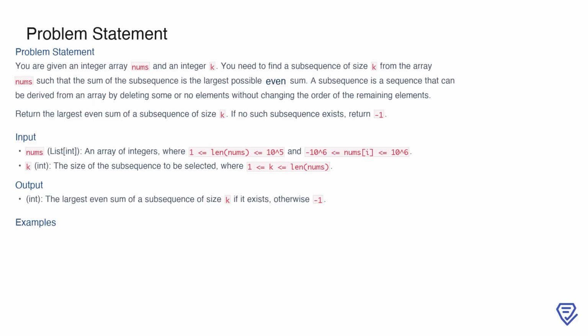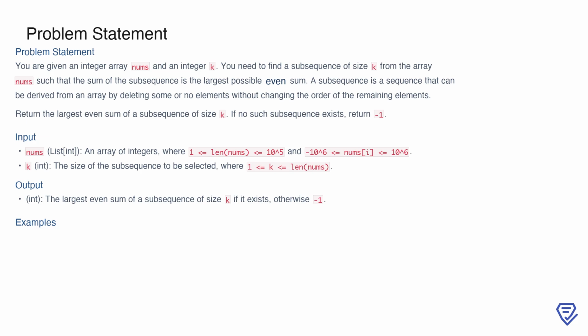If it's not possible to form such a subsequence, meaning there's no combination of k elements that results in an even sum, you will return -1. The input includes the array nums, which can contain integers ranging from -10 to the power of 6 to 10 to the power of 6, and the integer k, which specifies the size of the subsequence. The output will simply be an integer, which is either the largest even sum that can be formed or -1